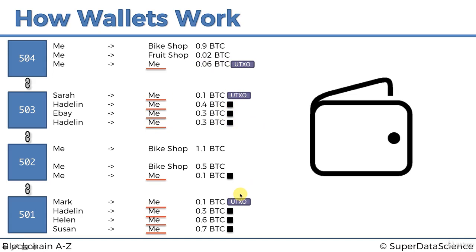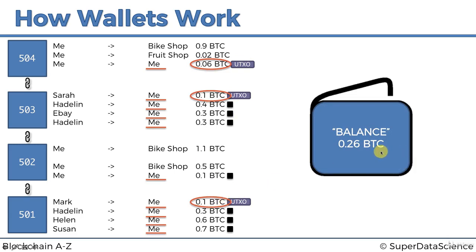And so all the wallet has to do now is add up these amounts. Add up these 3 amounts and you get a balance of 0.26 BTC. And so that's what you see on your screen when you log in. But in reality, as you can tell, there is actually nowhere for this money to be stored. In cryptocurrencies, there are actually no coins. They just don't exist. There's no paper, there's no coins, there's not even ones and zeros,